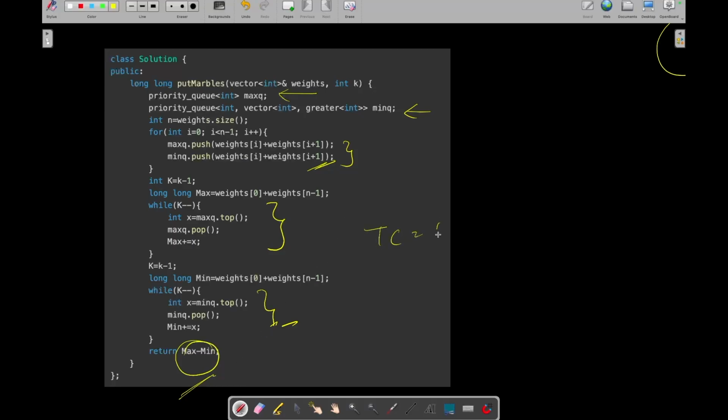Its time complexity is also going to be O of n log n, as the insertion operation of the priority queue takes log n and we are inserting n numbers. So this is just another way of coding that approach, but both are quite similar.